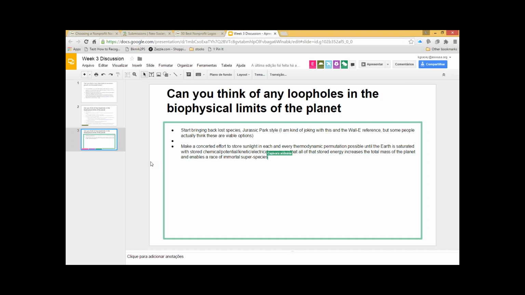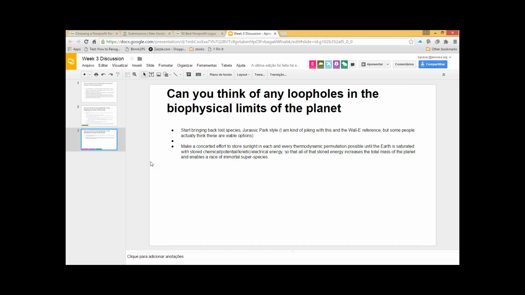Looking at the last slide, yep, bringing back lost species, Jurassic Park style. That was mine. That's right, but it's a potential, right? It's just like the earlier example of sending our garbage into space. It's a technological solution to a challenge. We killed off all these species, turns out that was a bad idea, so let's bring them back. And so, yeah, that's a potential way of addressing one of those limitations, right?